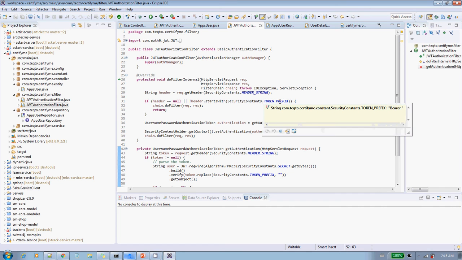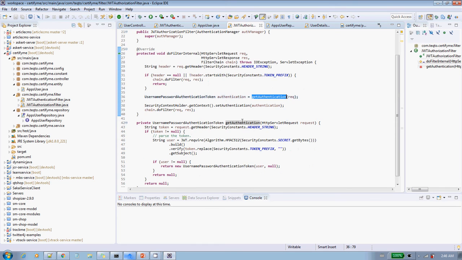So it checks whether the header is available or not. If the header is not there, and this Bearer is not there, it returns from there and responds to the user: this user is not valid, unauthorized. If the header is there, then it tries to authenticate. Authenticate is the custom method that we have written here. It gets the token and checks the token in the thread local security context.